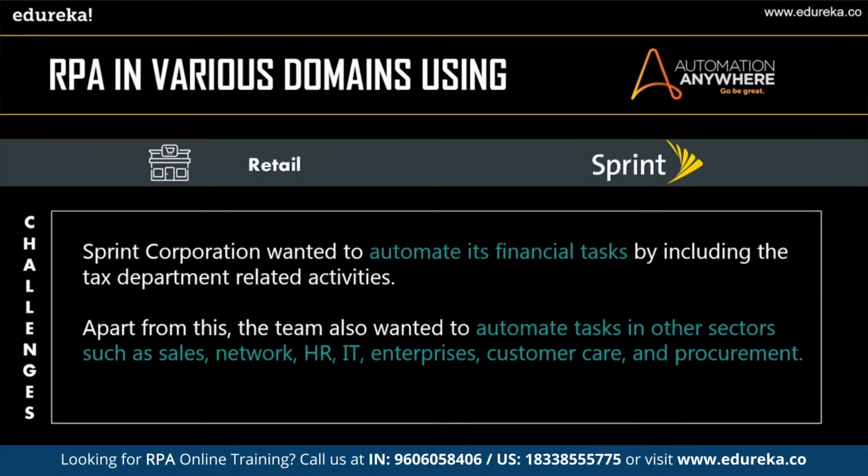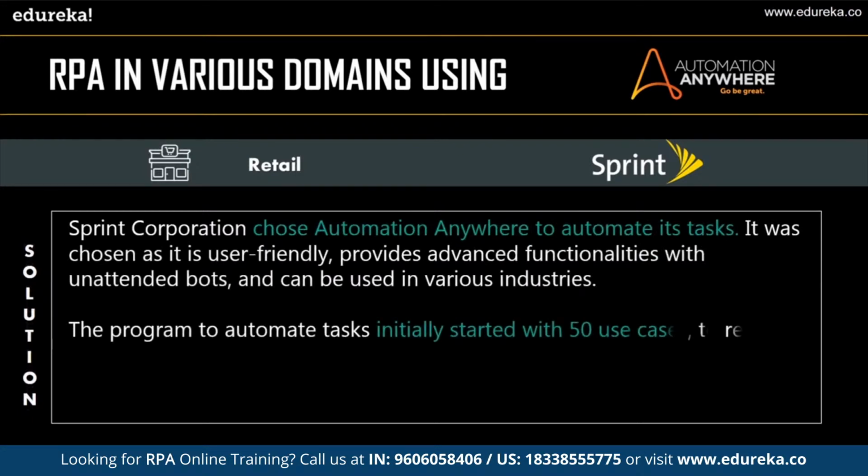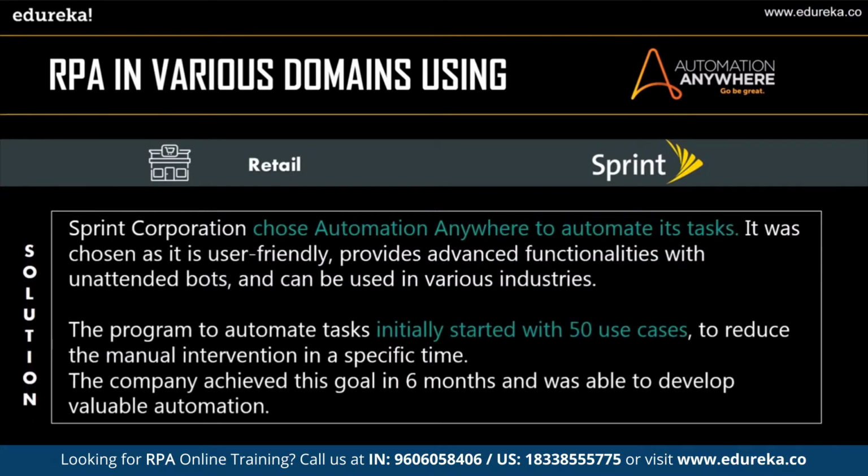So apart from this, the team also wanted to automate tasks in other sectors such as sales, network, HR, IT, enterprises, customer care, and procurement. To overcome these challenges, the Sprint Corporation chose Automation Anywhere to automate its tasks. It was chosen as it is user friendly, provides advanced functionalities with unattended bots, and can be used in various